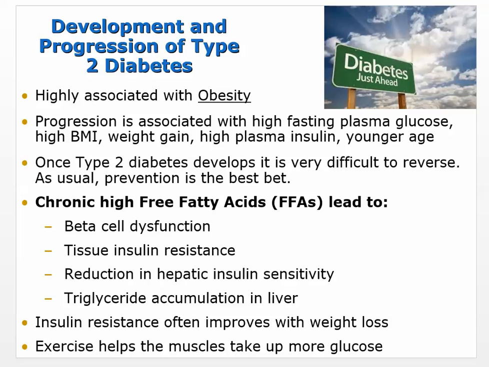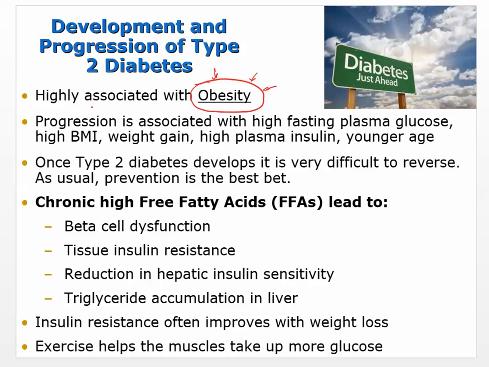Okay, so what's the development? What is causing the progression? And really, a lot of times it just comes down to obesity. I don't mean to downplay that. It's just obesity, but that seems to be the biggest trigger, the biggest thing that's associated with the development of type 2 diabetes. Specifically, it's an increase in obesity around the middle regions.